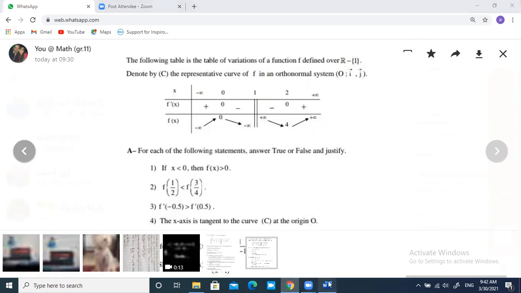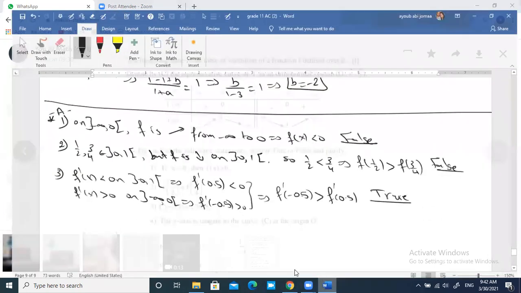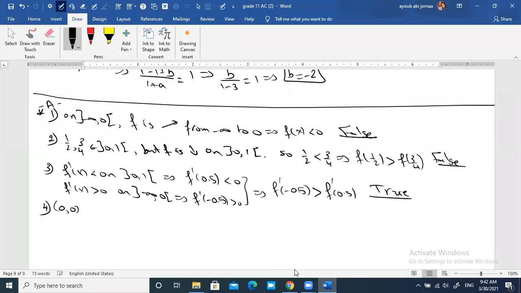We can write in part 4: (0, 0), the origin, belongs to the curve from the table, because f of 0 is equal to 0. But f prime at 0